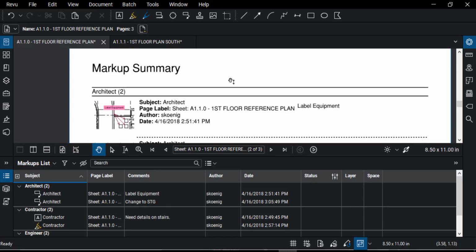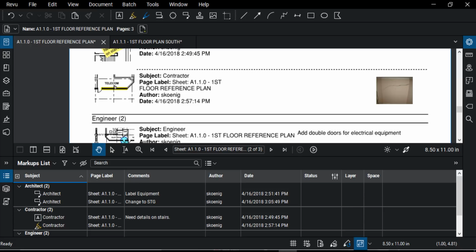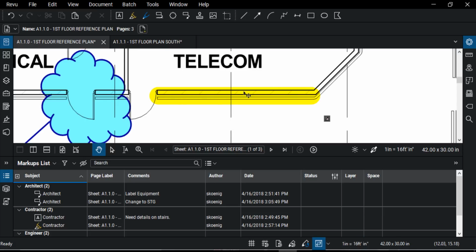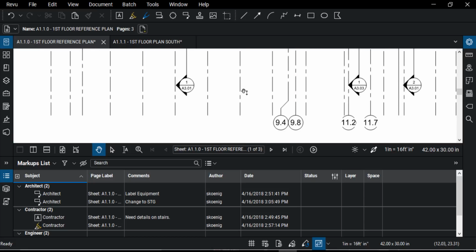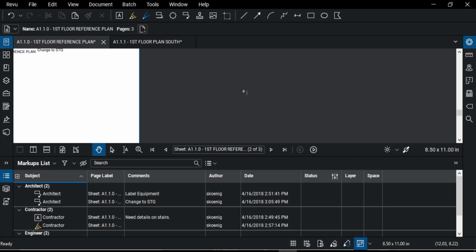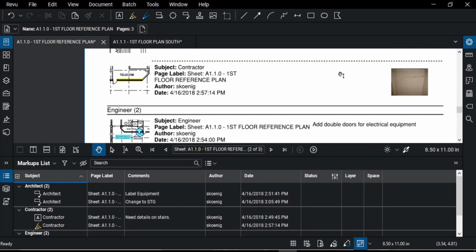So you see my report here, my markup summary. As I come down here, you'll notice this hyperlink here. So this is where the attach to the PDF and hyperlink is helpful. I can click on that, it takes me right to that particular wall, and I can see that there. I can then go back to my report, and you'll notice that over here on the right, I have this picture here, and as I point to it, it's also